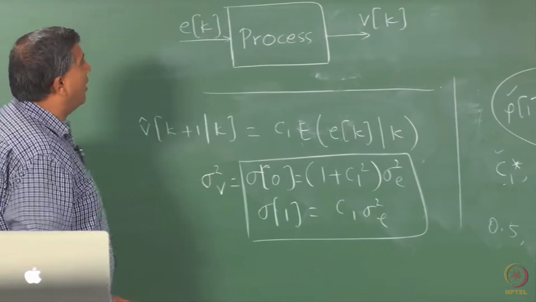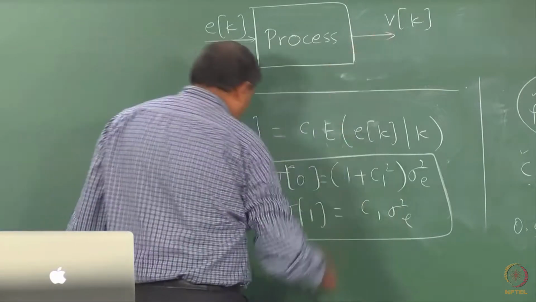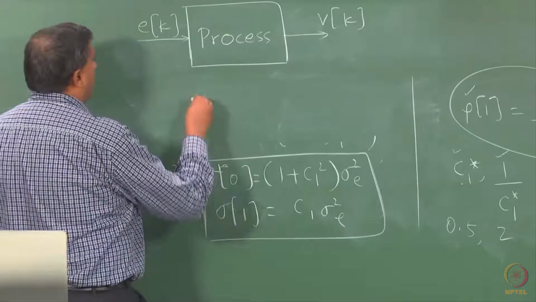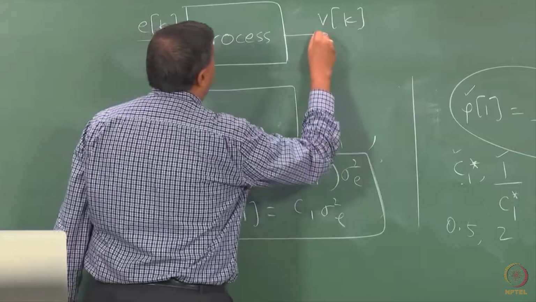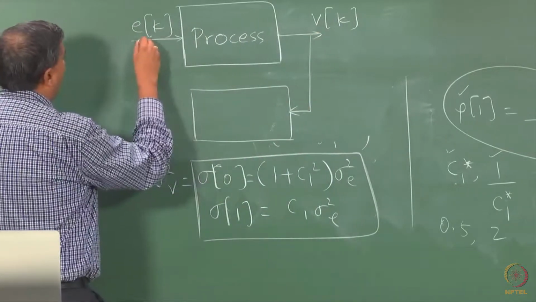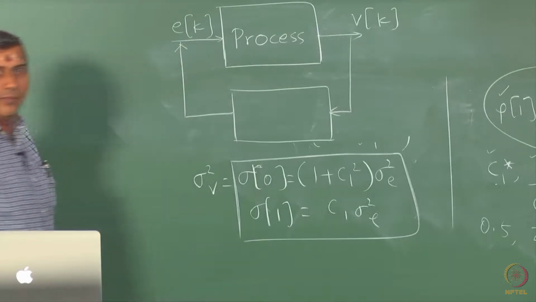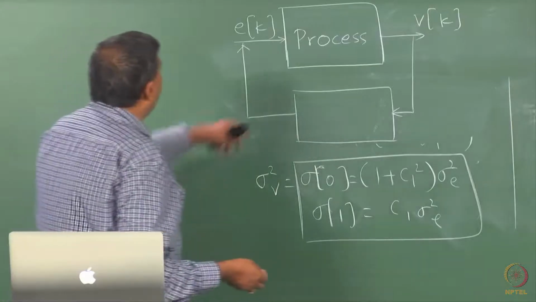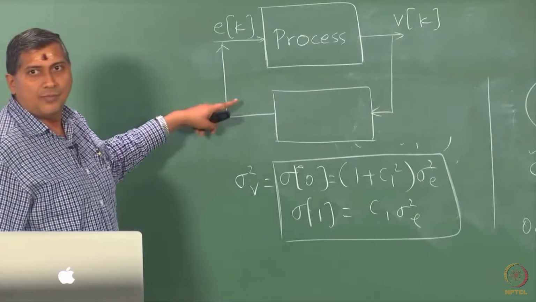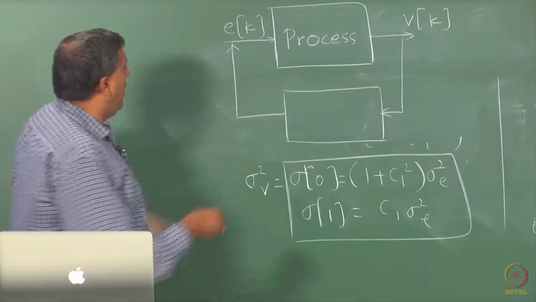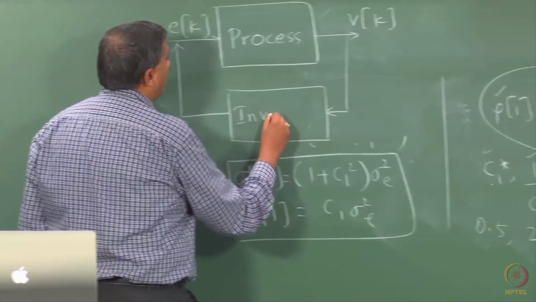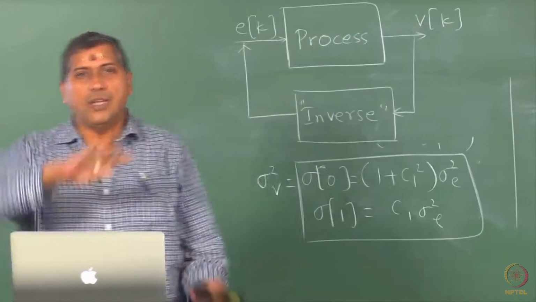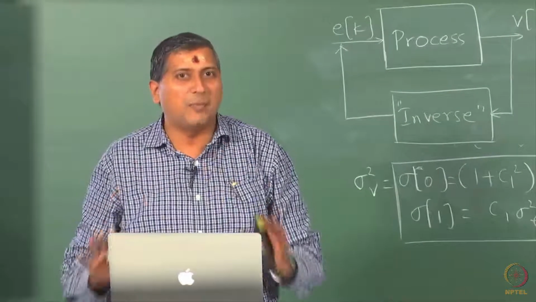But now if I have to make a stable forecast from Vk, then I need some device which will actually take in Vk and generate this. Do not think that they are in a loop, I am just saying that this is something that I implement in parallel. And obviously, qualitatively speaking, this has to be in some sense an inverse. Do not think I am taking the physical system and actually tumbling it over or anything like that. It is just a mathematical inverse.